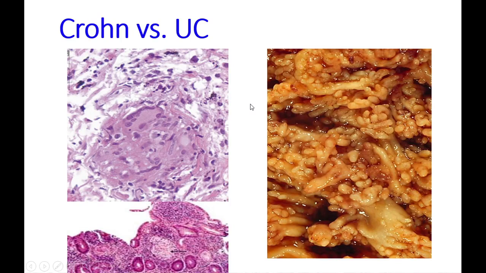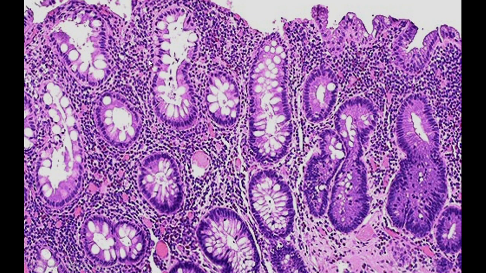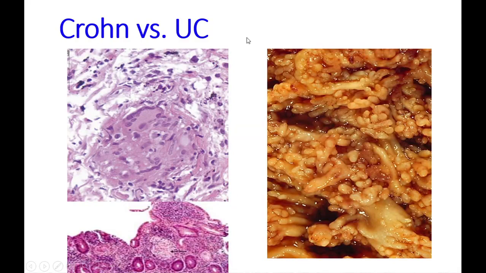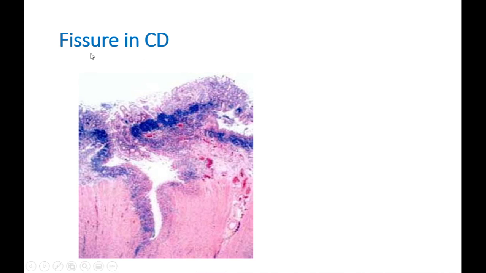Here is another picture showing dysplastic glands, distorted and with goblet cell loss and dysplastic changes, with heavy surrounding intervening stromal intense inflammatory infiltration. This is a picture to compare Crohn's, in which there is non-caseating granuloma with Langerhans giant cells seen in 50% of the cases, whereas pseudopolyp is a feature of ulcerative colitis. Fissure in Crohn's